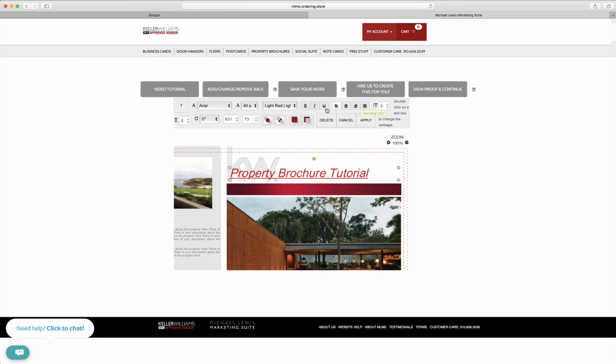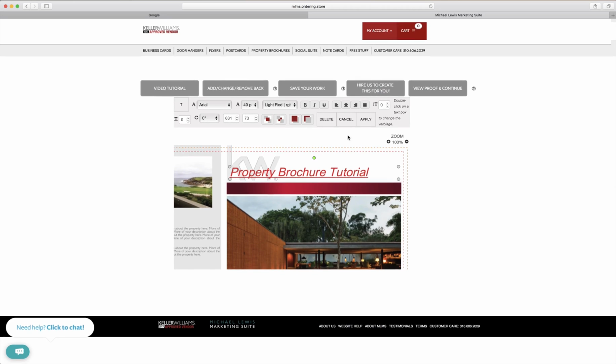And then you also have the alignments, so left, center, right, and justified. Now these alignments are based off of the text box. So if I do center, it's going to center it from left to right inside the text box. So go ahead and put that back. Everything else is more advanced features. The only other 2 things I'd show you